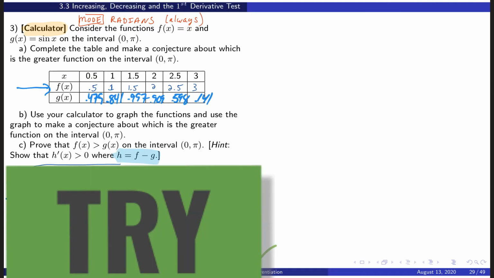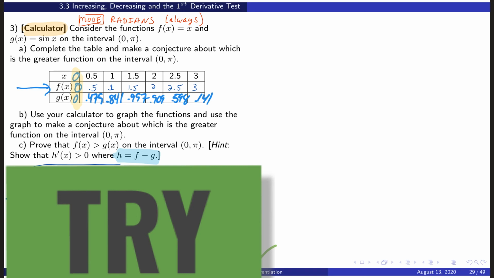So the more rigorous method is to prove that f of x is greater than g of x by finding the rate of change of both of these. If I can figure out that they're tied at the start, in other words, add another value to my table, plug in 0 to f of x, I get 0, plug in 0 to sine x, I get 0. So the two functions start out tied at 0, 0. Right here, they're tied. After that, if the rate of change of growth for g of x is greater than the rate of change of growth for f of x,